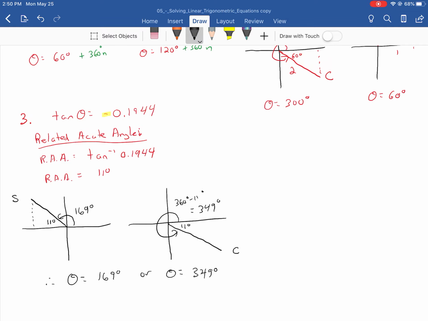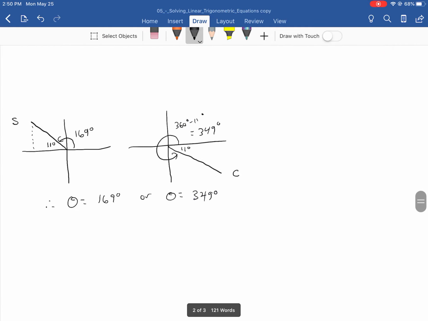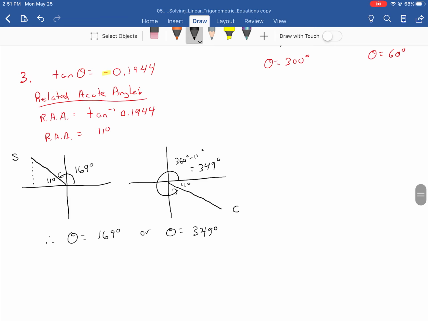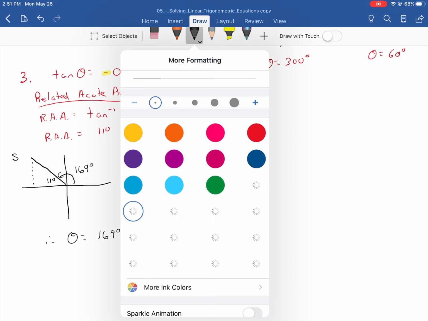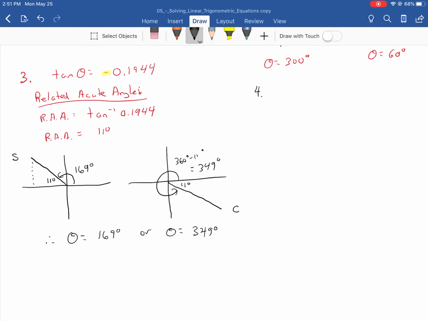And then I'm going to go tan 349 and negative 1.438. I've got the two answers there. Okay, so that was 3 questions in degrees. I'm going to jump ahead here and go into some